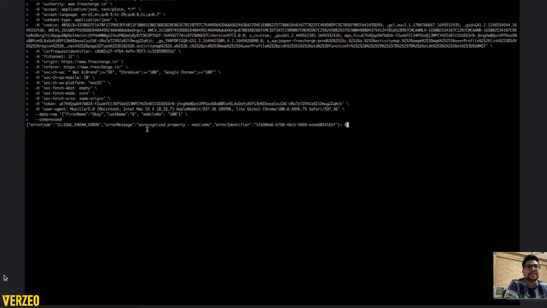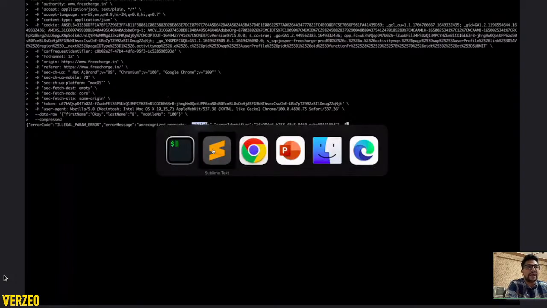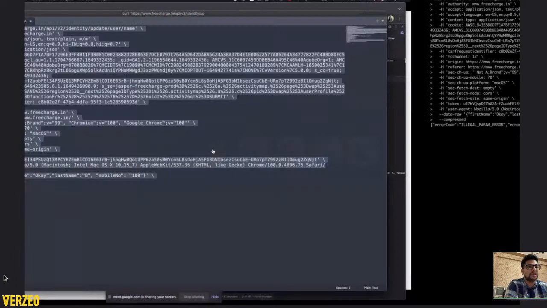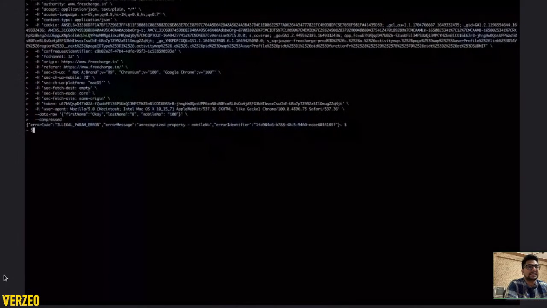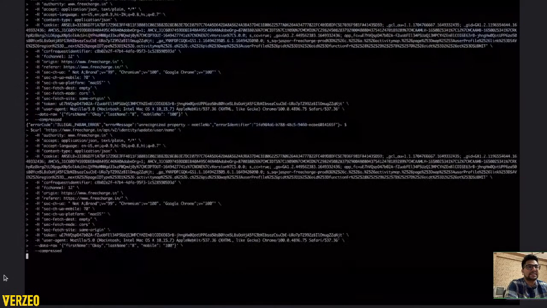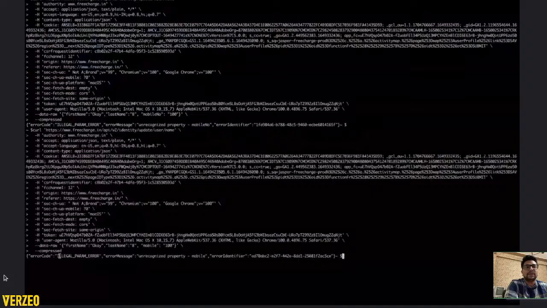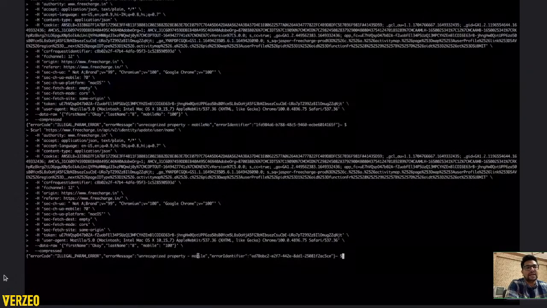So, okay, this is an illegal param error. Basically, what it says is the mobile number is something you can't change from this API. We can also try changing it to "mobile" itself, just for the sake of it, maybe they're using that, and make this API call. It takes a second to update the call, but it says illegal parameter. It does not really want you to change the mobile number that way. So that means